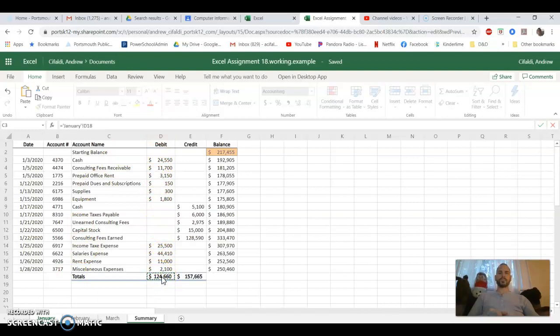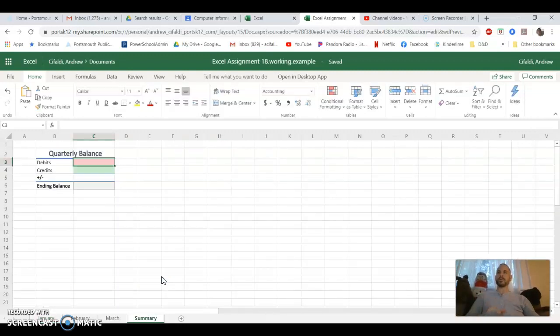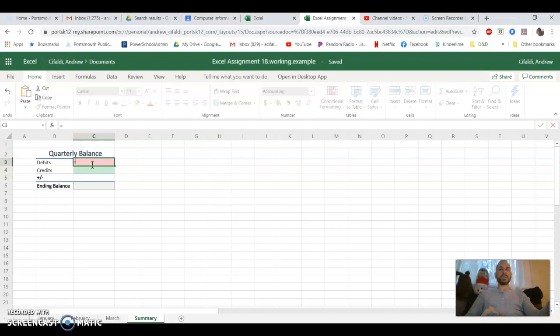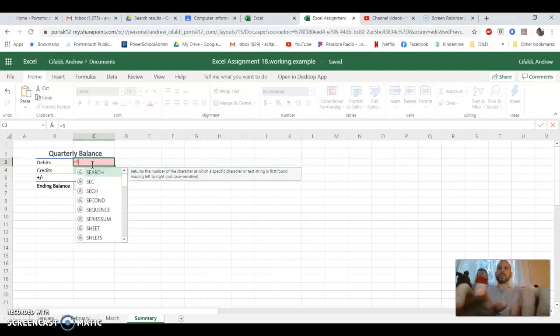Now, actually, you know what? This would be better off as a sum function. So I'm going to back this up. Escape is going to take me out of editing, and it's going to revert it back to whatever that cell was before I started editing. Let's try this one more time. I want to use the sum function, okay? It's a better way to do it. You could do it with pluses, but I'm going to go equals